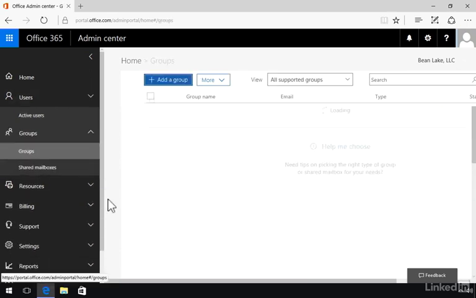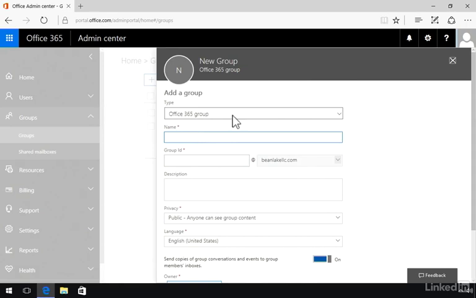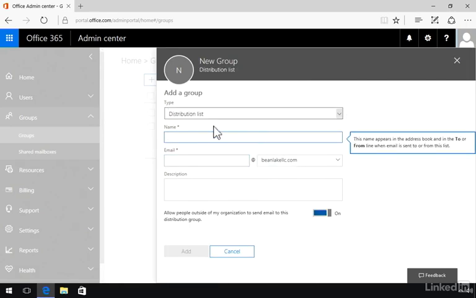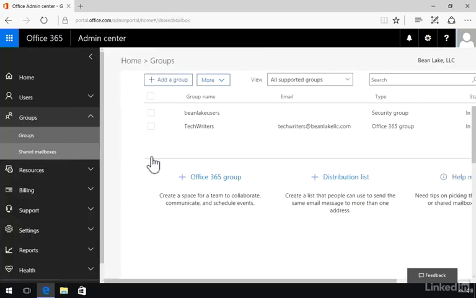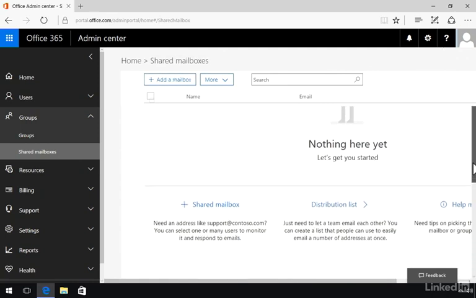Just keep in mind that the process for creating a group that is not a security group is going to look almost exactly the same. You're going to give the group, even if it's a distribution list, you'll give it a name, an email. The only difference really is the shared mailbox has its own little tab here where you can set up a shared mailbox, and then the explanation of what that is